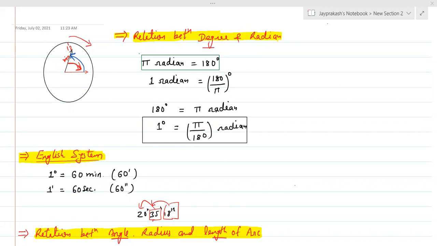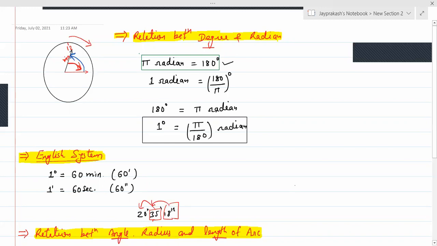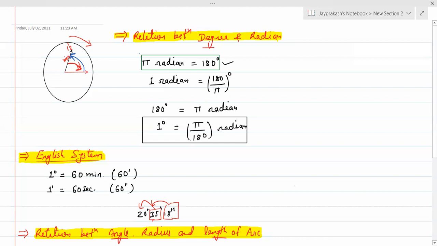So we are here. First one, that is the trigonometry functions. In trigonometry functions, your first topic is the relation between degree measurement and radian measurement. There is a relation between degree and radian measurement, that pi radian is equal to 180 degree. This is the relation. And when we need to change 1 radian to degree measurement, 1 radian is equal to 180 by pi.